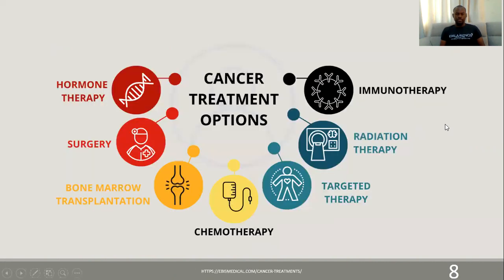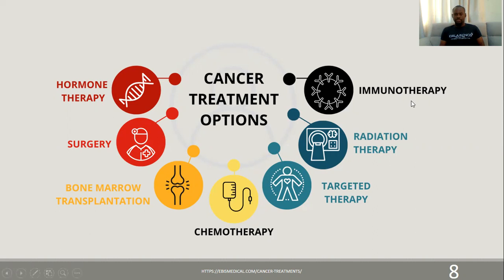So here we have, as I explained, immunotherapy. These are the different treatment options that are available for cancer. You have surgery, you have bone marrow transplant, you have hormone therapy, you have radiation therapy, targeted therapy, chemotherapy, and